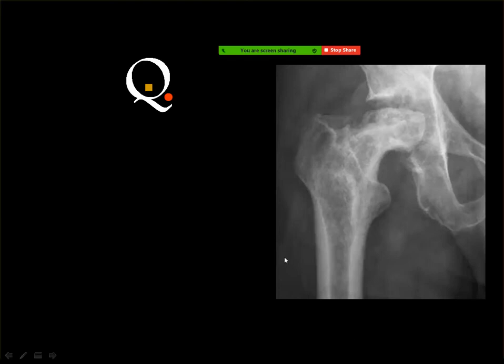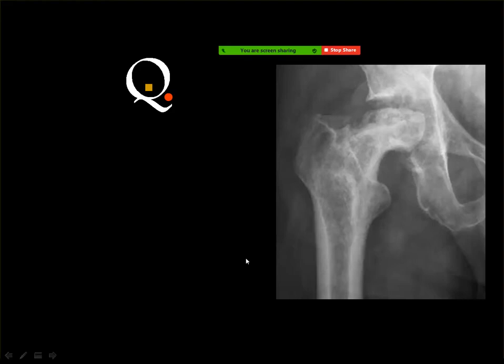The second case is a hip joint with, as you can see, the femoral head collapsed and the joint space widened, and there is some sclerotic reaction in the femoral head and the neck. What do you think? Septic arthritis or osteopathy according to the history? Okay, then